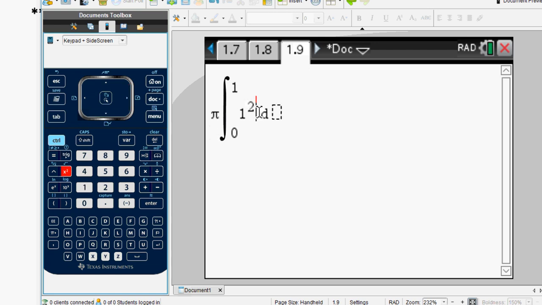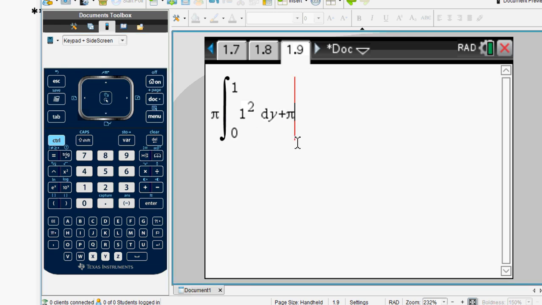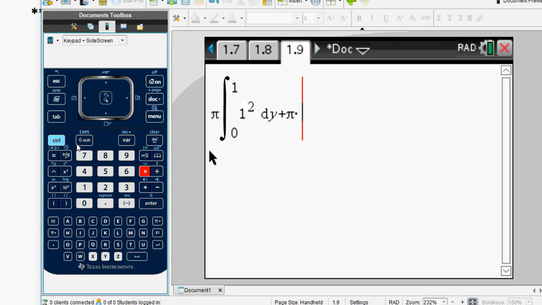Now we know 1 squared is 1, so that's kind of a moot point, but I want to technically put it in there anyway. We get dy, and then we come out here and add the pi times the integral